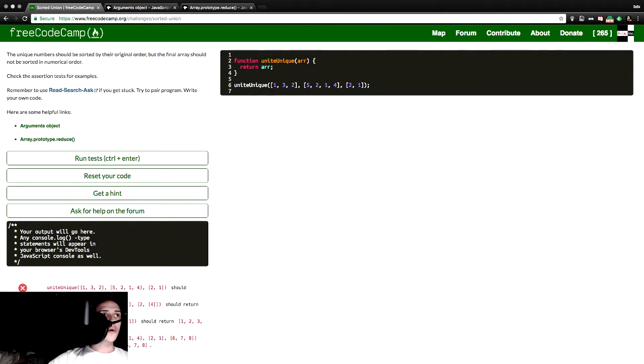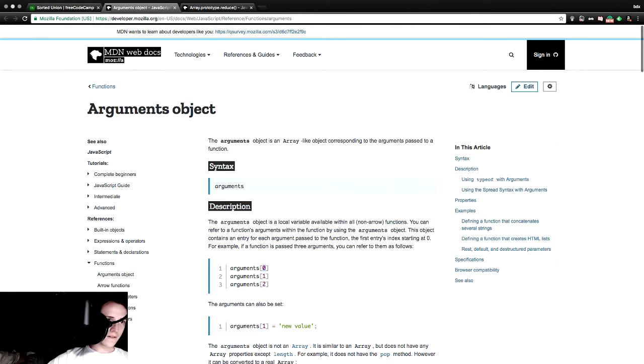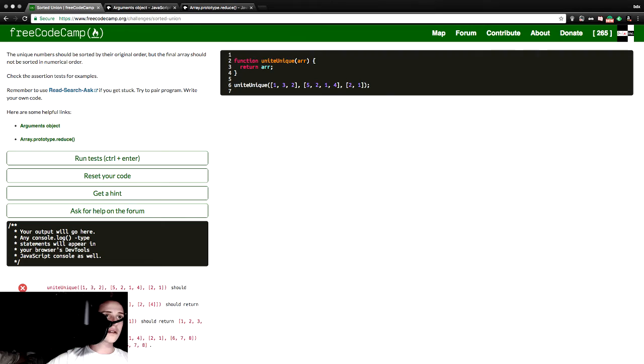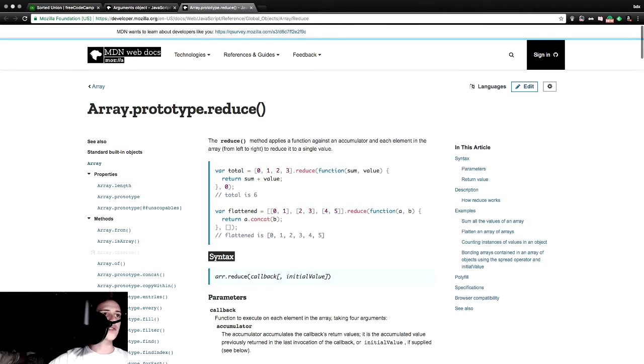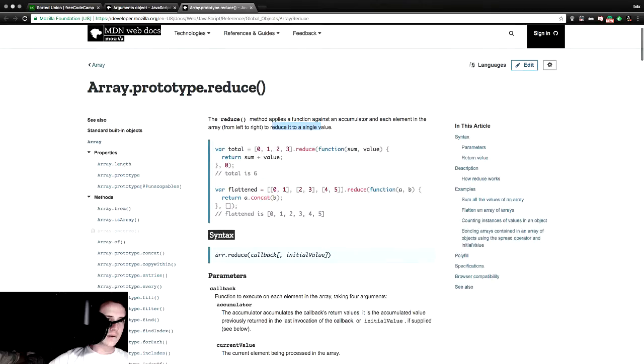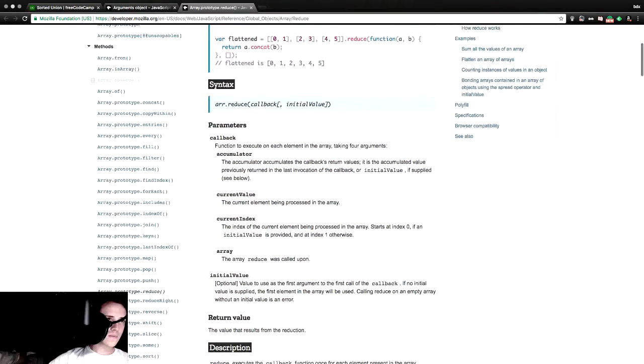Alright. Let's do this. So arguments lets us filter through the first bit, if there's an array or a second array or a third array, in a single parameter. So we would do array 0 for this, array 1, like so, for the second one, and array 2 for the third one. Very cool. The next bit that we can focus on is reduce. We have used it before, we should remember, but since we're clueless, we forget. The reduce method applies a function against an accumulator and each element in the array from left to right to reduce it to a single value. How can we compare